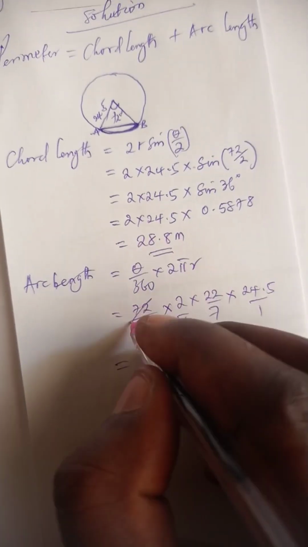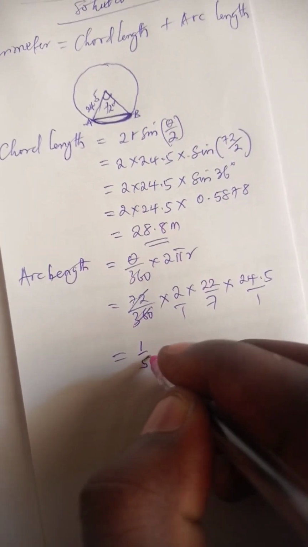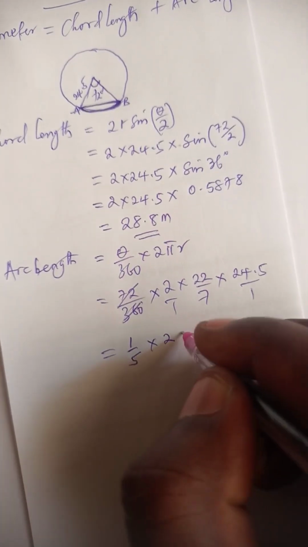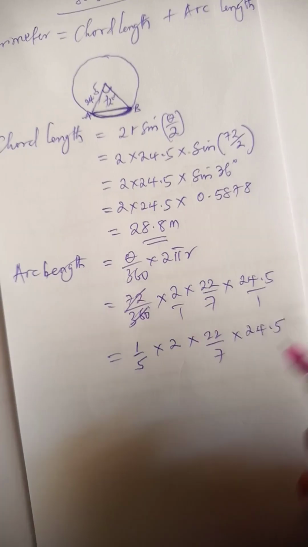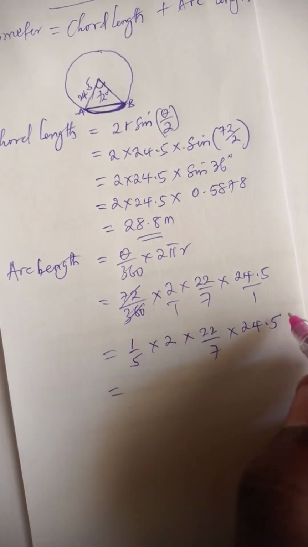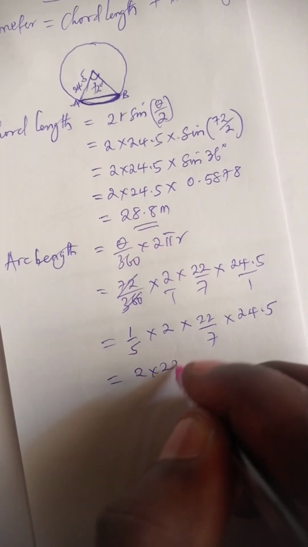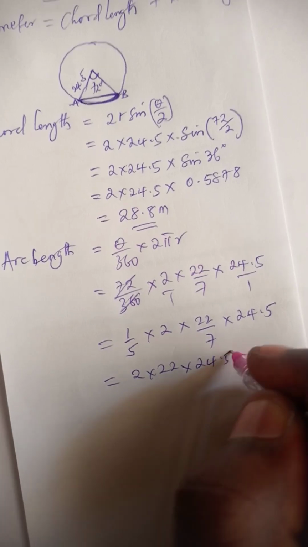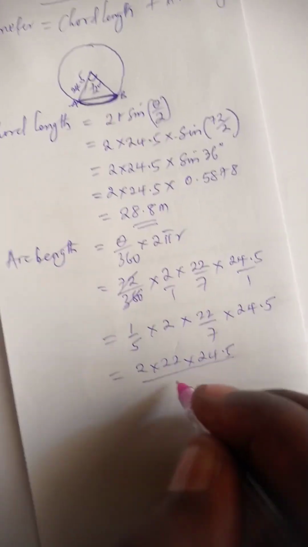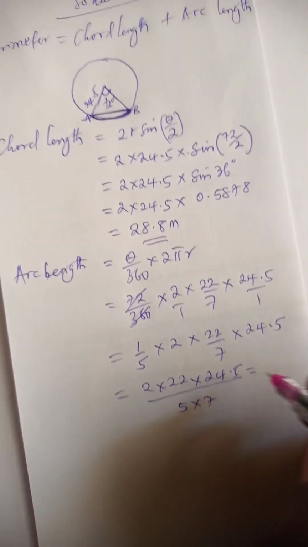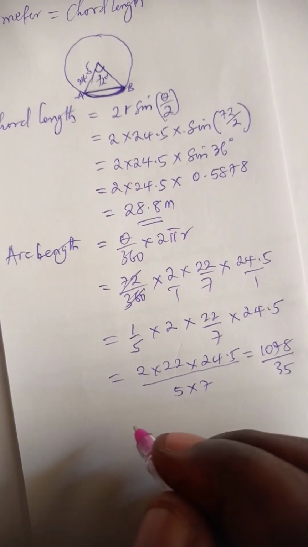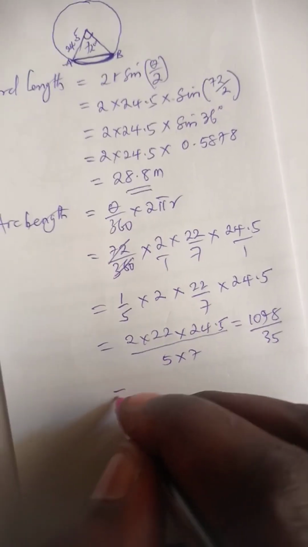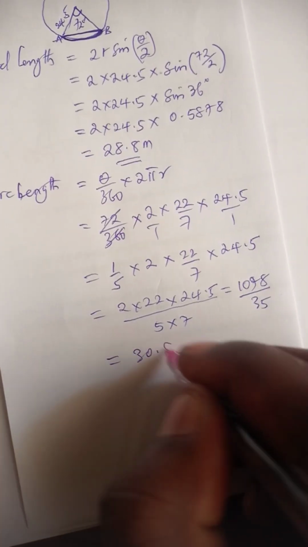So if we proceed dividing this, it gives us 1 over 5 times 2 times 22 over 7 times 24.5. So if you multiply the numerator's values, you have 2 times 22 times 24.5, and the denominator will be 5 times 7. So this will give you 1078 divided by 35, and then your final answer will be 30.8